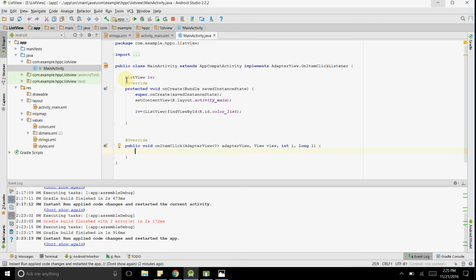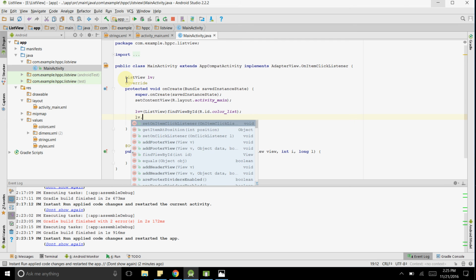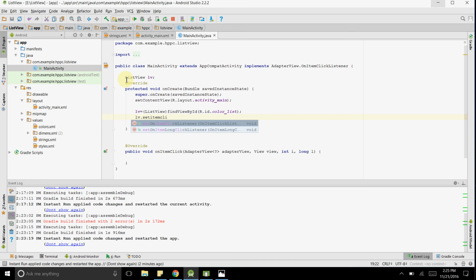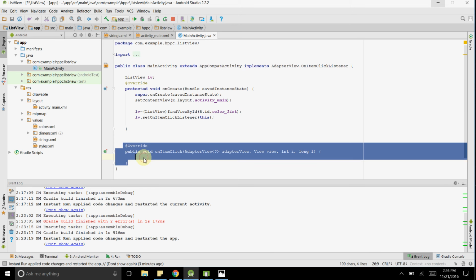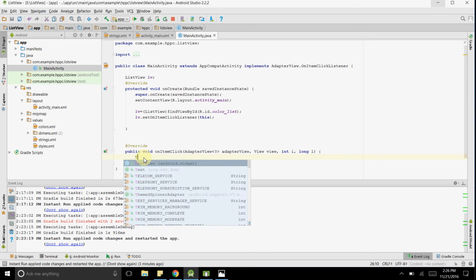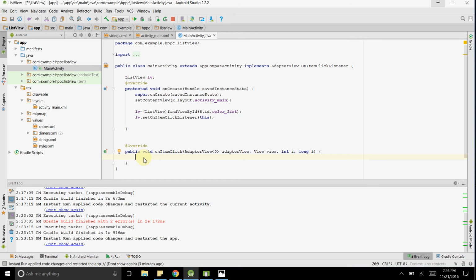Once it is defined, we need to register this list view using lv.setOnItemClickListener of this. So we have set the on item click listener of this list view to whatever on item click listener is defined in this class. So when we press on each of the list items, this on item click function will be called. For testing purposes, we try to add one toast message,